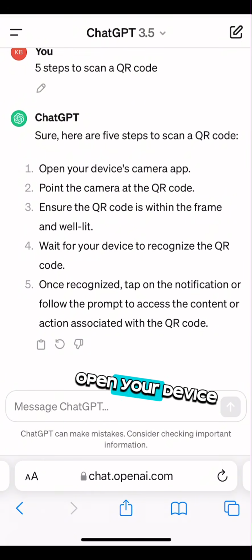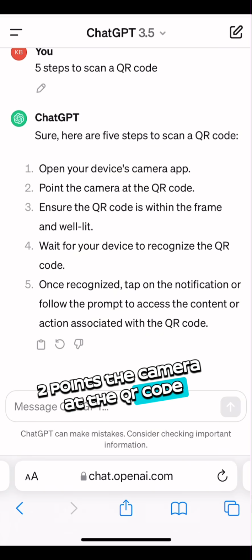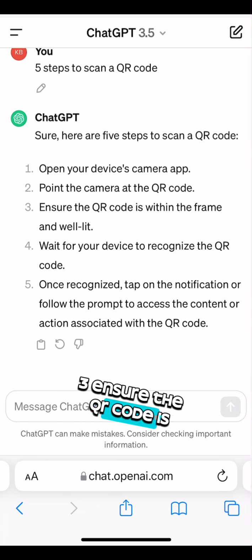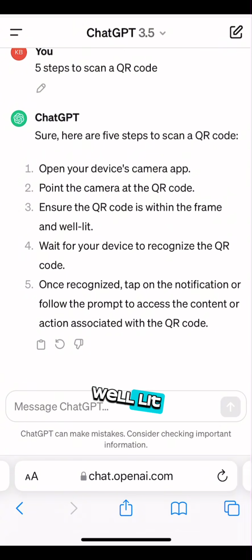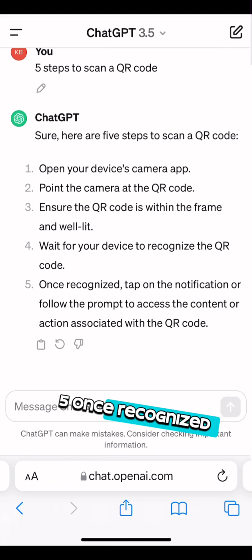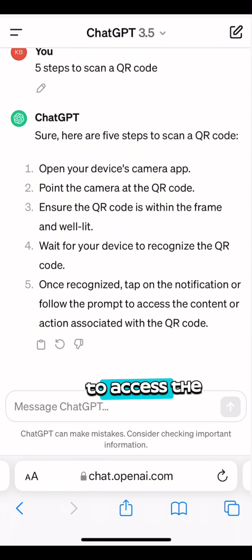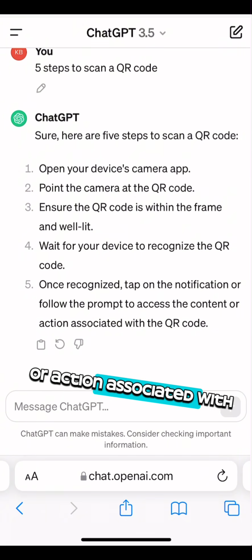1. Open your device camera app. 2. Point the camera at the QR code. 3. Ensure the QR code is within the frame and well lit. 4. Wait for the device to recognize the QR code. 5. Once recognized, tap on the notification or follow the prompt to access the content or action associated with the